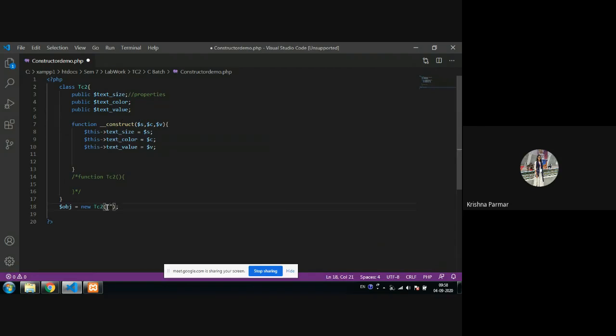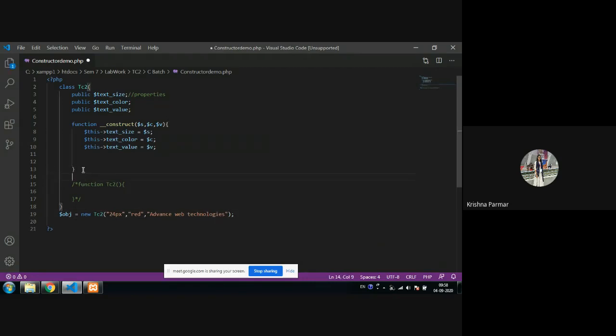One is the size, which is 24 px. Then the color, which is red. And then my actual text, which is Advanced Web Technology. So these values are passed to the constructor parameters and then assigned to the class properties.